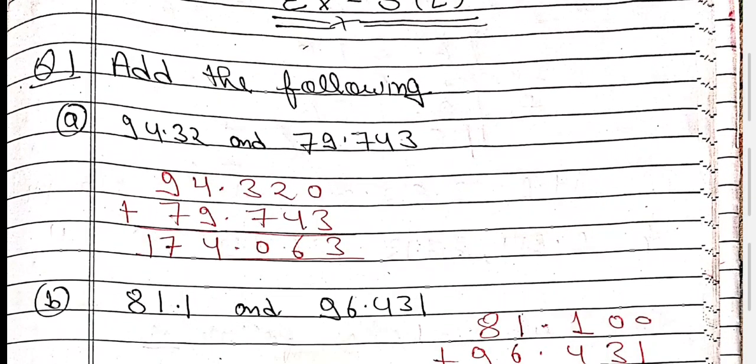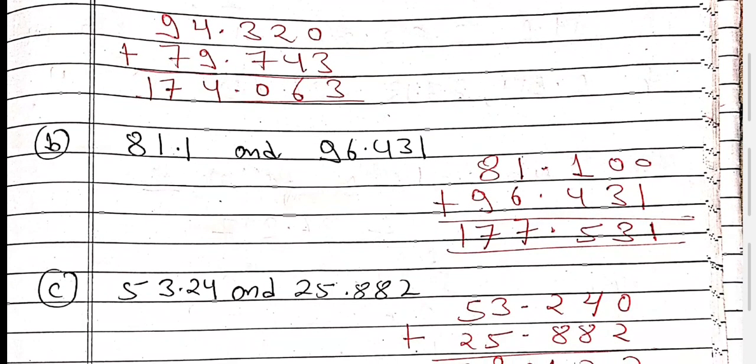Add the following numbers. They have 2 decimal places, they have 3 decimal places. So first make them like fractions. You have to increase 1 zero and write the same. All become 3 decimal places. Now just add simply: 0 plus 3, 3; 2 plus 4, 6; 3 plus 7, 10, 0, carry 1; then 9, 4, 13 and 1, 14, 4, carry 1; 9, 7, 16 and 1, 17. So your answer is